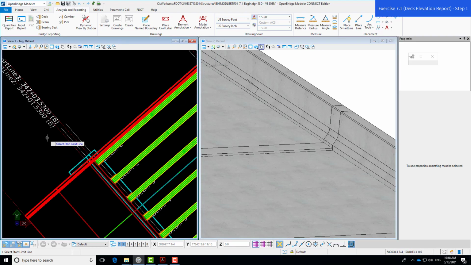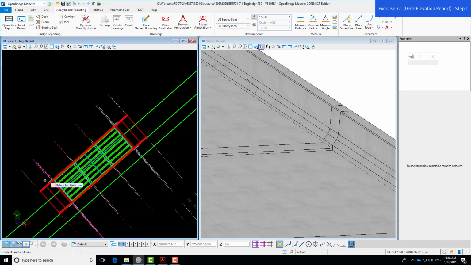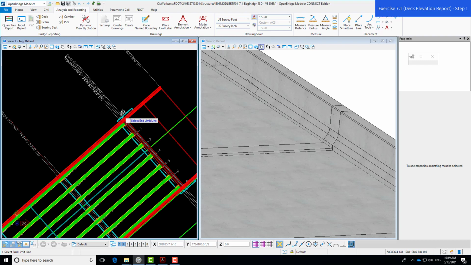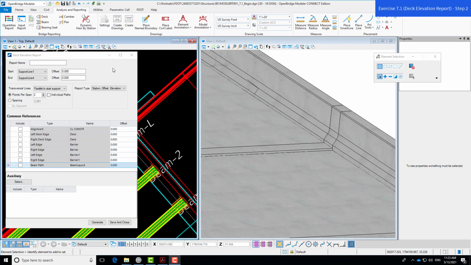So we will go ahead and make sure that we are selecting support line 1, and then for the end, we'll go over to the end of the bridge and we'll select support line 4. And then once you have selected your 2 support lines, you'll just left click to accept. And now you've got your deck elevation report dialog box that comes up, and we'll call this report the Bridge